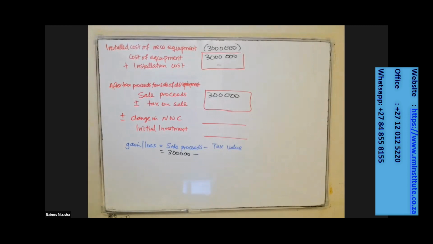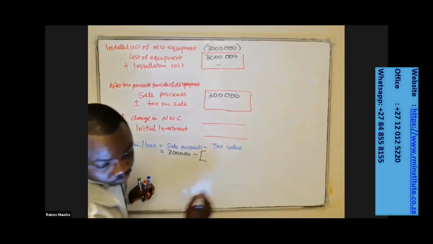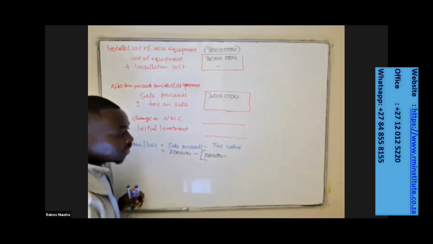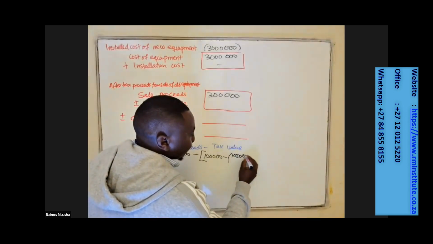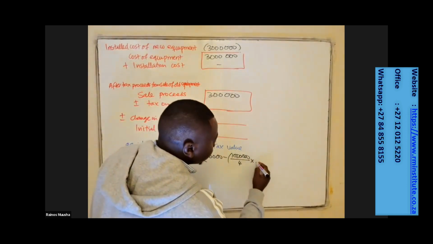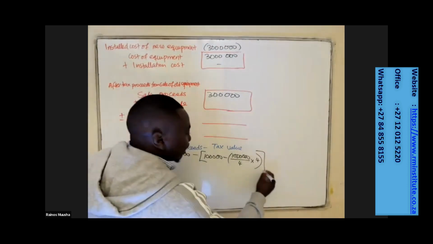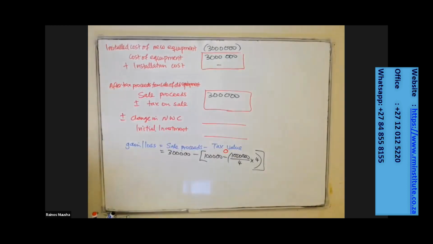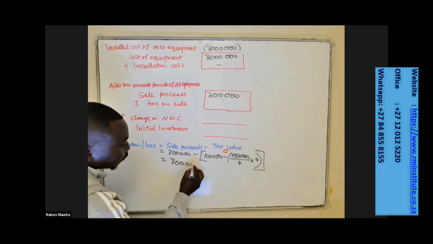0. Because even if you do the calculation, remember the book value is going to be the cost of the equipment, which is 1 million, minus the accumulated depreciation. Your accumulated depreciation is going to be 1 million divided by the useful life of 4 years, multiplied by the useful life of 4 years as well, because remember, we've already used it for 4 years. And if you do the calculation here, even though you didn't need to, you see that your value is going to be equal to 0. So which means your gain is an amount of 300,000.